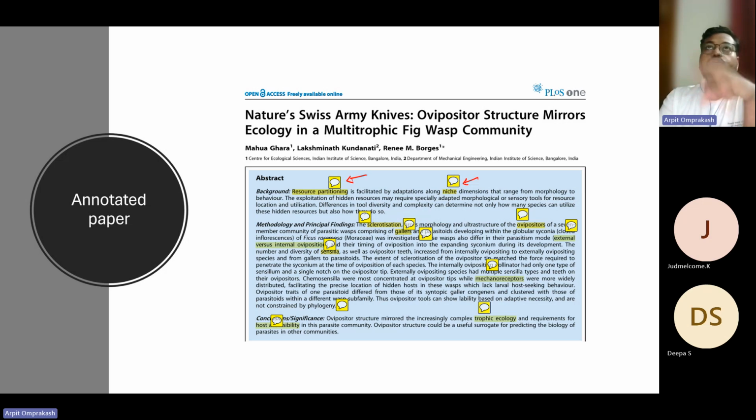I would suggest going through this biology website and looking at the research highlights, going through all the papers and seeing if you can understand them on your own or if you need any help. And if you need any help, we are always here. The annotated paper can help you a lot in understanding the simple terms used in the paper, understanding difficult jargon that might be used in the paper,